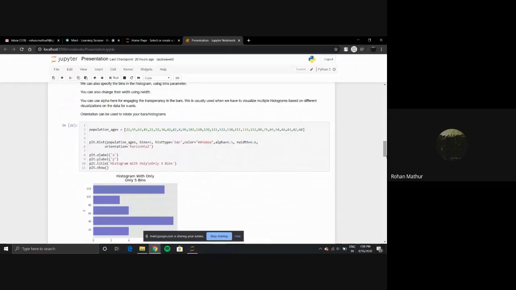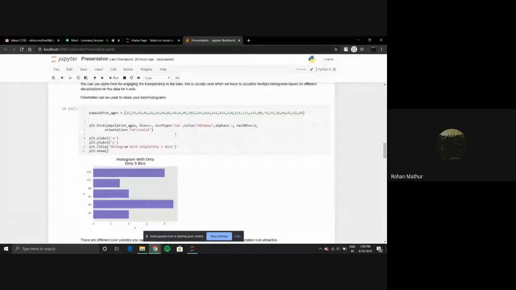That's why histograms usually have something called bins. Bins represent separate quantities, and that's just a basic difference between histograms and bar graphs.